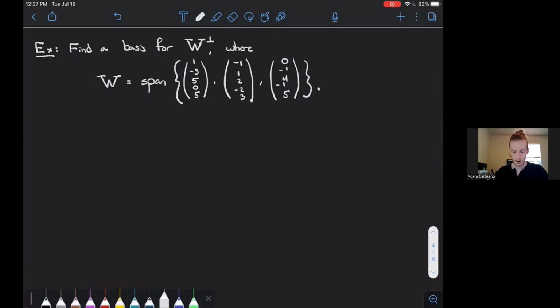Fortunately, let's just back out a little bit. W is the span of these three vectors, which means we're assuming that these vectors are linearly independent. You can verify that with a quick inspection. Okay, and now if W is the span of these three column vectors, then W is precisely the column space of A,